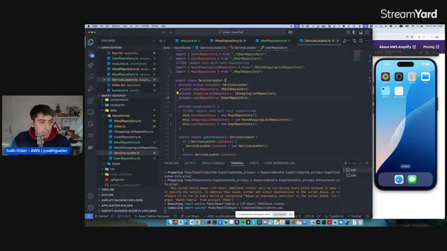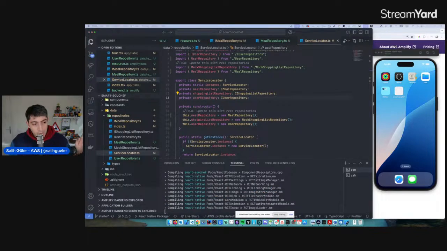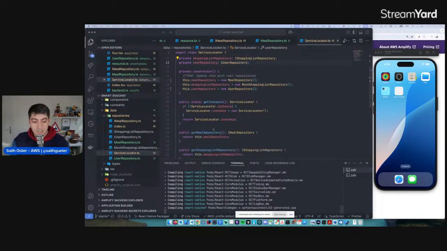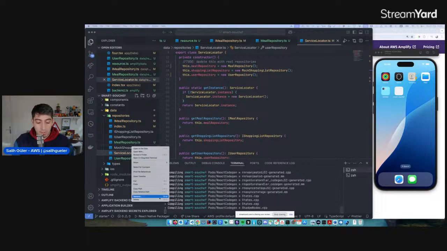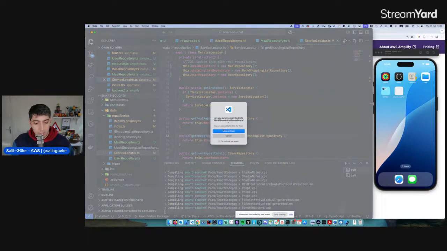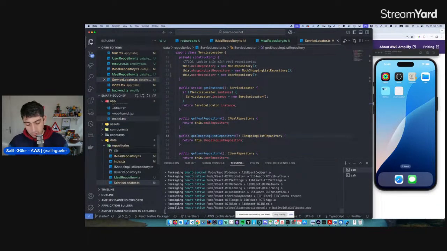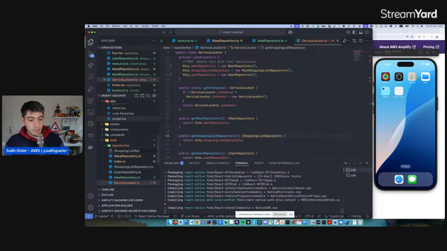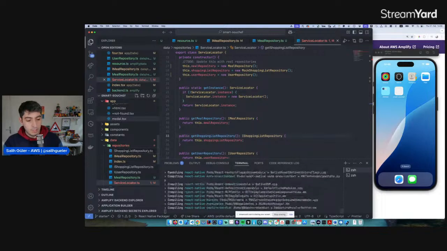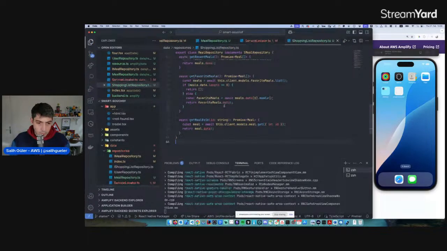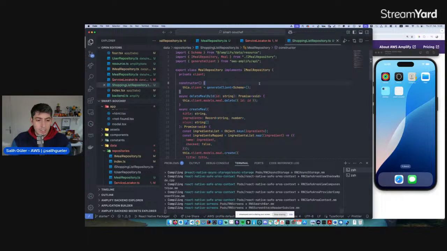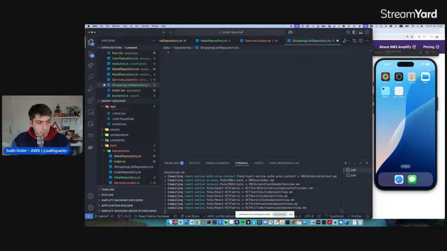The next thing is, as you see, we had the elements for backend, but we also had the elements for the shopping list as well. So I will delete the shopping list here and create a new file called shopping list repository.ts. All right. So I'm not this one. This is not that. For shopping list,